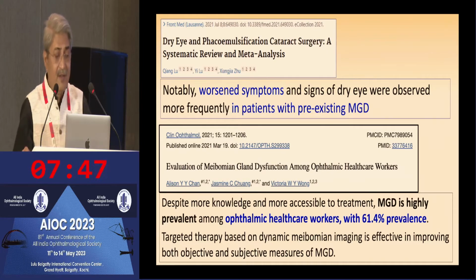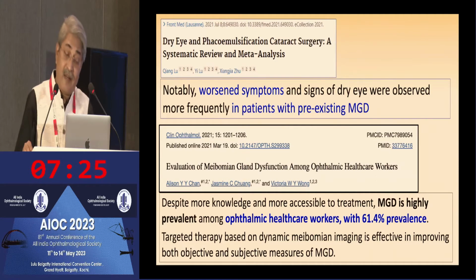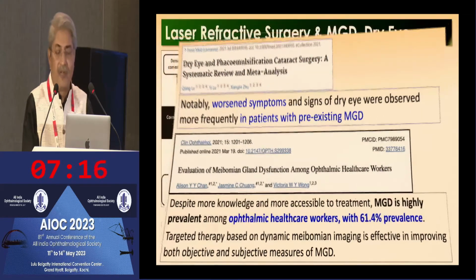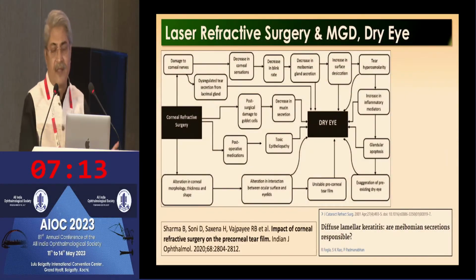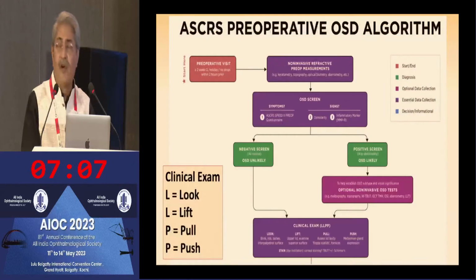And this is the best study I recently published in '21, that despite more knowledge and more accessible treatment, MGD is highly prevalent among ophthalmic health workers, with 61.4% prevalence. I'll show some figures. And so targeted therapy based on dynamic meibomian gland imaging is effective in improving both objective and subjective outcomes. So imaging is very important for laser refractive surgery also, before and after the surgery. It is also important for other diseases, and